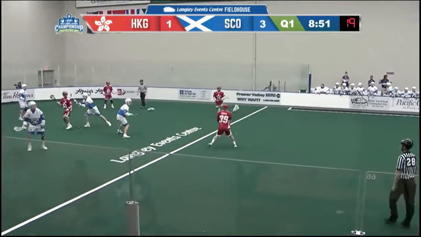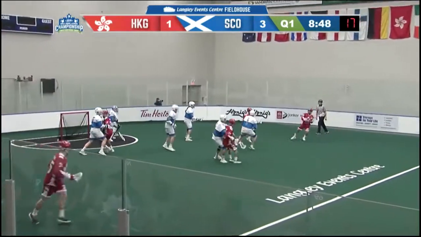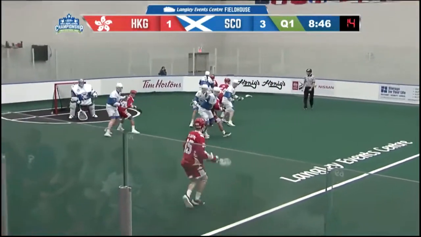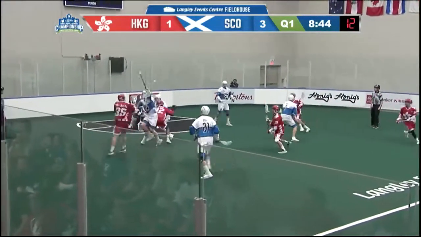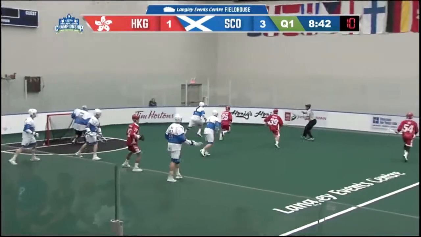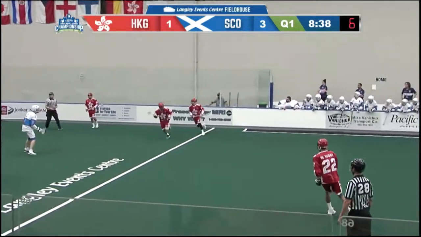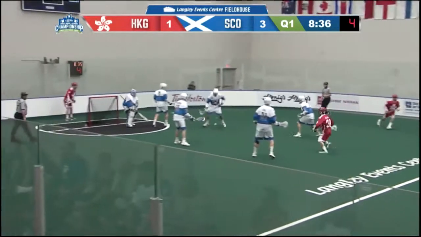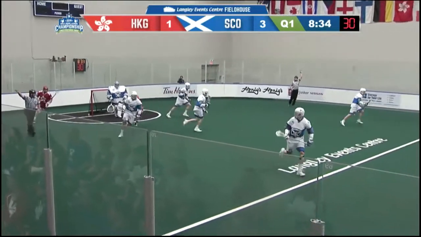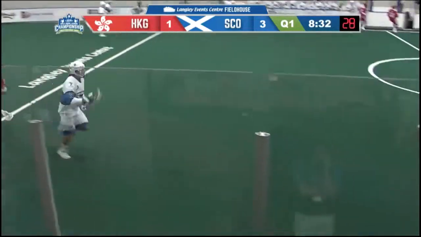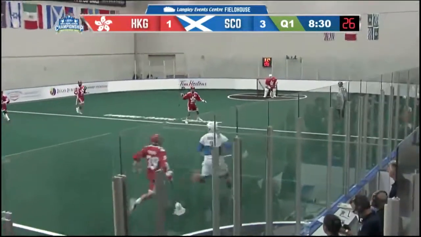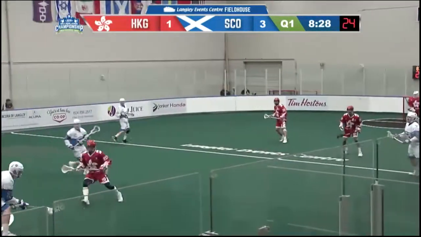We are just past the 6-minute mark and 4 goals. Hong Kong looking for more, trailing by 2. High left side, taking a pass, trying to wind up and move in there as Mak Lamy. Shot from the right side, apparently made it through, as signaled there by official Cam Anderson, and Scotland back the other way.